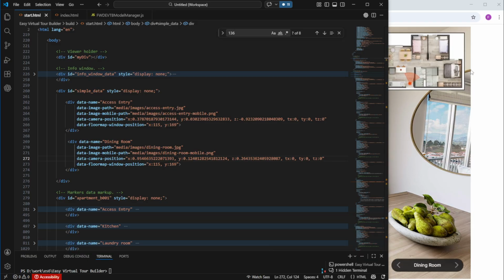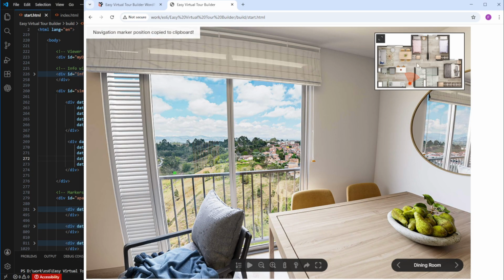And now let's set the marker. So we are, I think the dining room is here. Let's set the marker somewhere, I don't know, close to the table. See, this is the table here, and this is the table seen from above. Let's set it here,